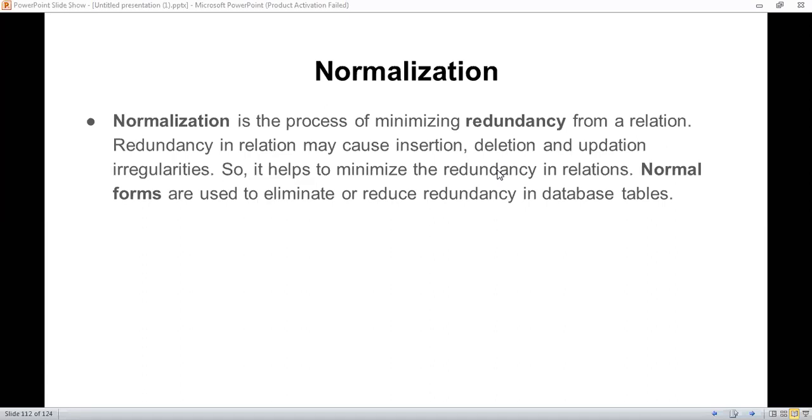If we are going to store data in a tabular format for an RDBMS, Relational Database Management System, as we know that in RDBMS, we are going to store data in a table structure or in a table format. Okay.